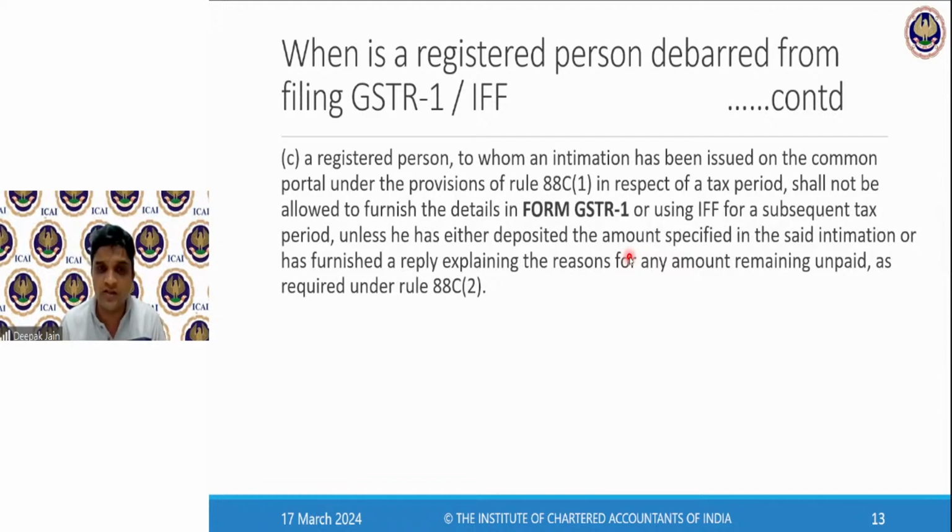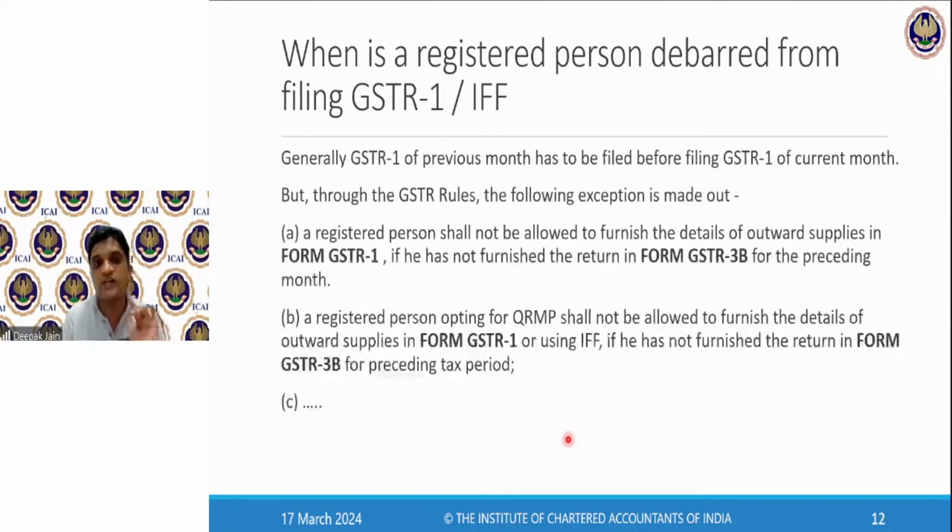QRMP supplier is turnover more than 5 crores? Yes. Who is GSTR 4A and 6A? We'll come to that. 4A is for composition dealer and 6A is for NRTP. We'll come to that. Till now, is it clear? Revision in Hindi, which part, Mayur? कि कौन GSTR-1 फाइल नहीं कर सकता है.